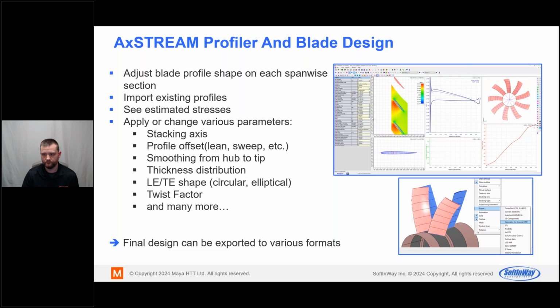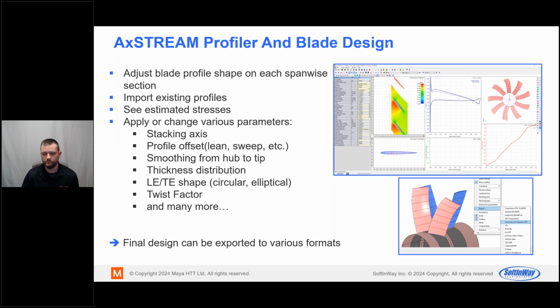We can apply twist factors as well. There are some extra features inside the blade profiler which allow us to facilitate the design. For example, we can apply smoothing from hub to tip, so that we can make sure that we get a nice smooth blade.